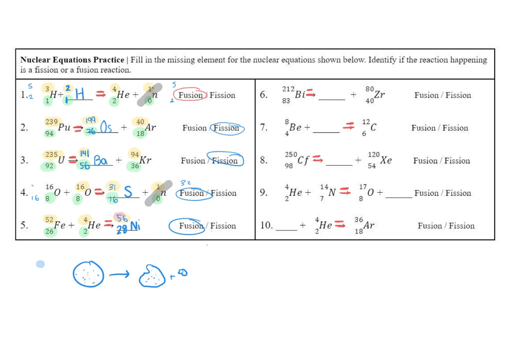Okay, here's what I would like you to do. I want you to pause the video, and you're going to try number 6, 7, 8, 9, and 10. When you're done at your table, I want you to check your answers with your whole table and then call over the teacher, and they will check your answers using the answer key. Okay, there are no answers in this video, so you have to pause and you have to get checked off with the teacher before you move on.